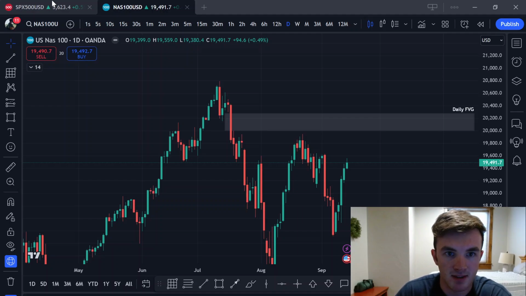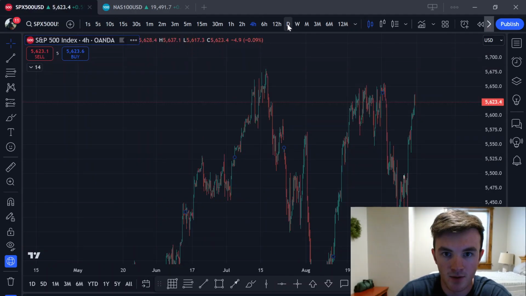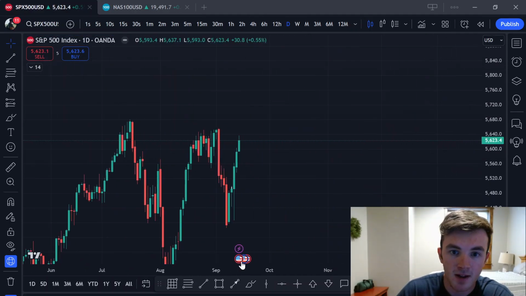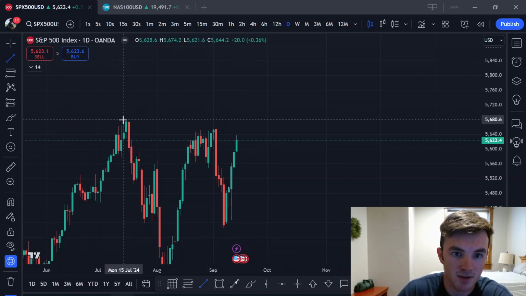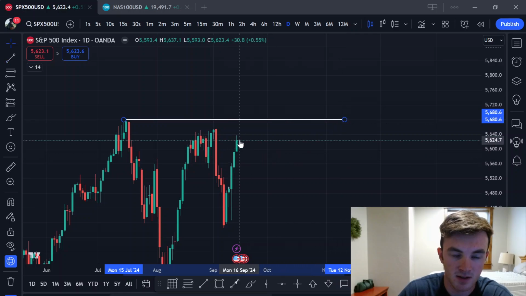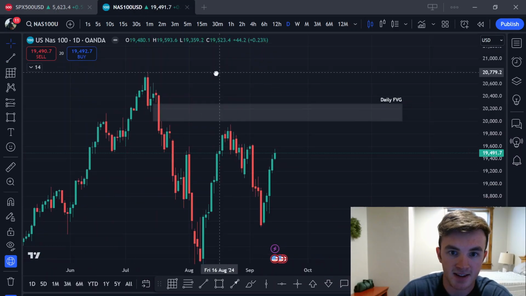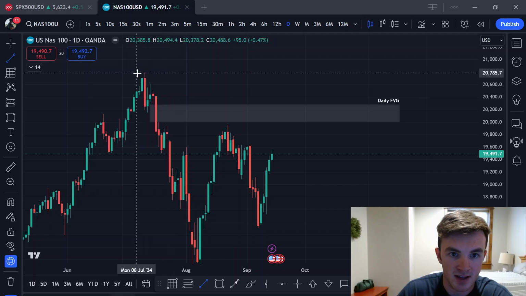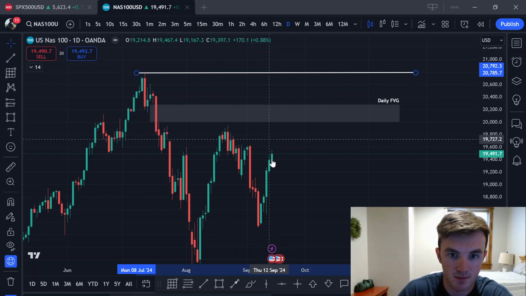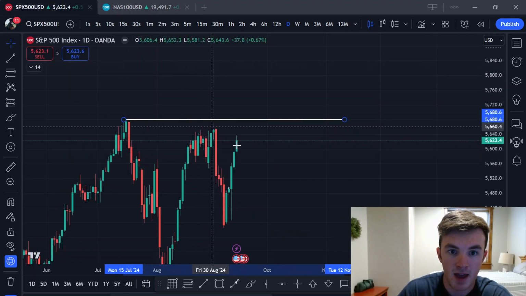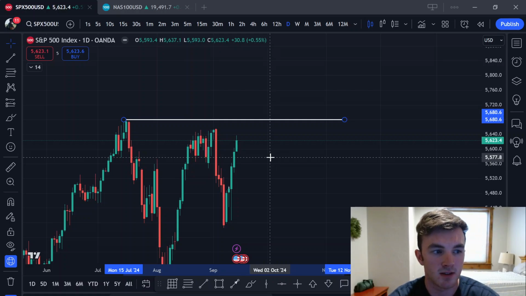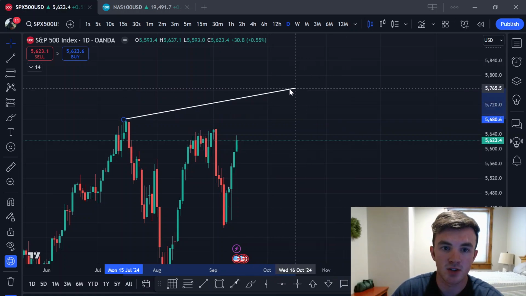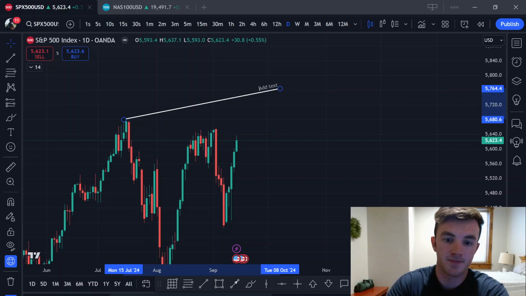What would that mean? Let me pull over the S&P 500. If the S&P pushed up higher and took out this high, and took out all-time highs, while the NASDAQ doesn't take out this high. Let's say this happens, we push into this daily fair value gap, push into the mean threshold, and we sweep this high on the S&P. What would that leave us with? It would leave us with a giant SMT.